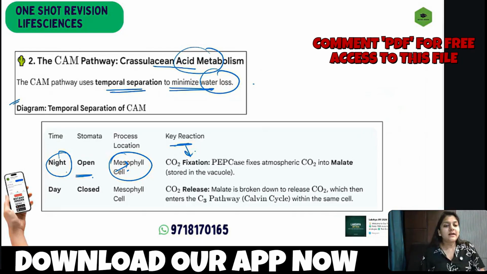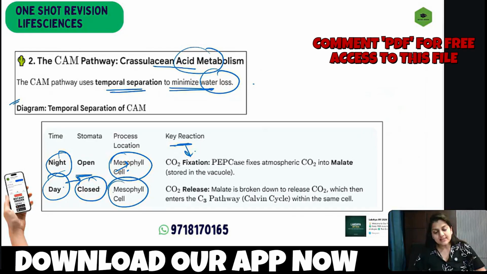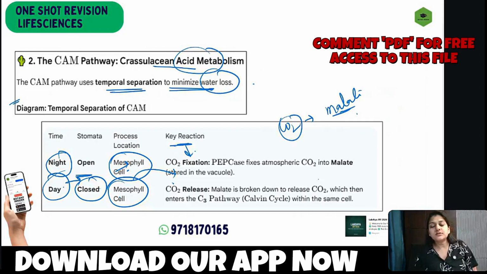Then during the daytime the stomata are closed, so your location is the same mesophyll cells, and over here the CO2 is being released: malate gets broken down, and as a result CO2 is released, and then the C3 pathway can be activated with your RUBP having